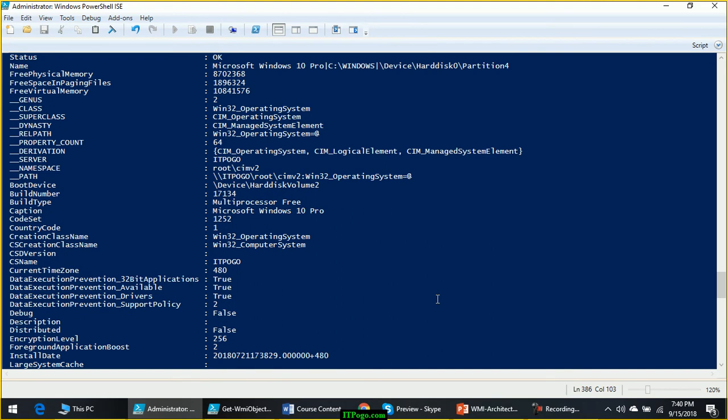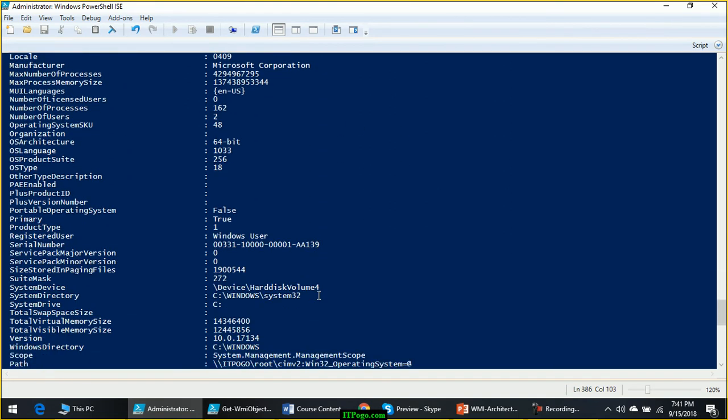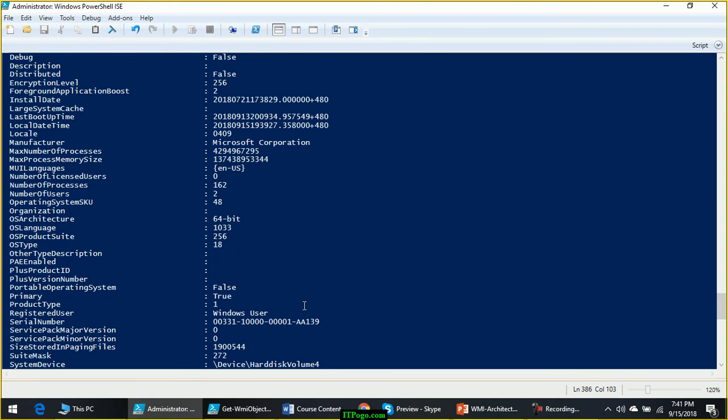And the next thing that I want is, sorry for that. Okay, so the next thing that we want to choose, it is up to you. Out of the lot of properties which are available, you can choose anything that you want.